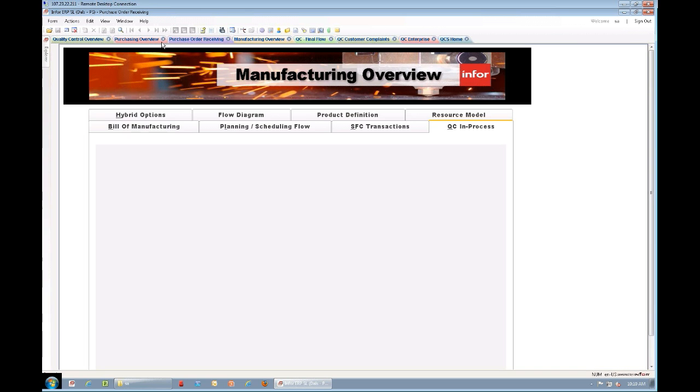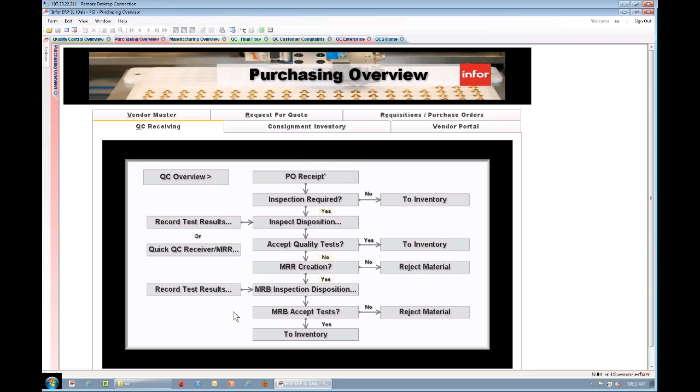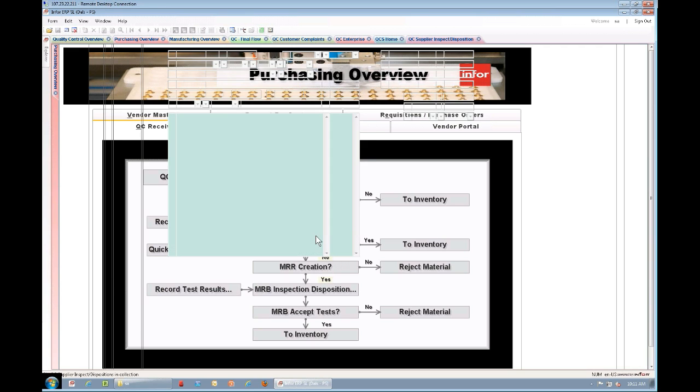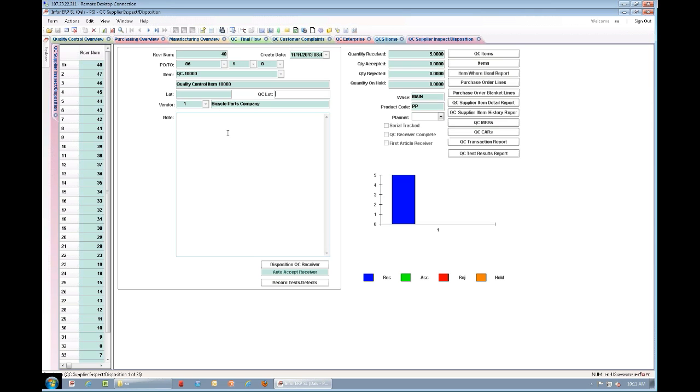So once we have receipts and receivers for quality, you have several methods available for identifying material awaiting inspection and disposition. There is a supplier ready for receiving inspection report that can be previewed or printed to see a list of available receivers, or you may query the supplier inspect disposition form to see all or a subset of pending receivers. So here's the receiver that we just transacted,